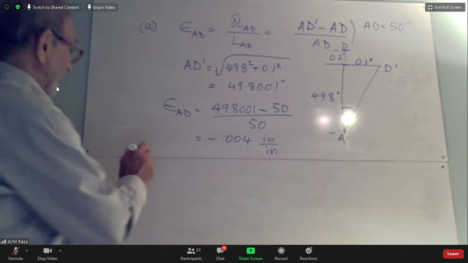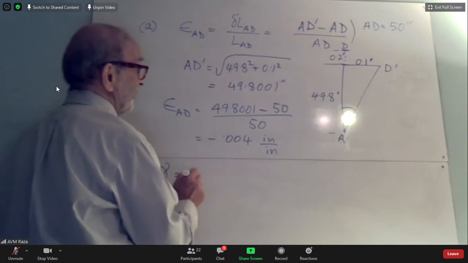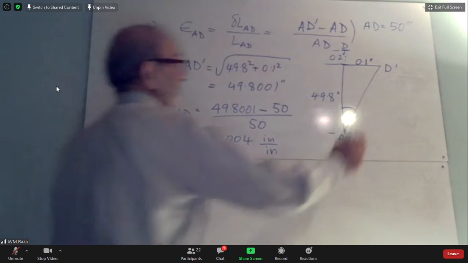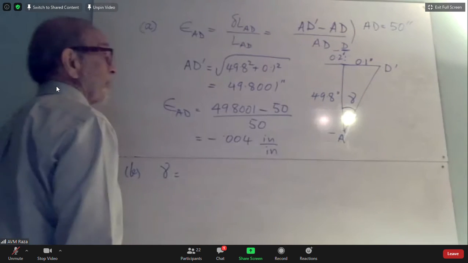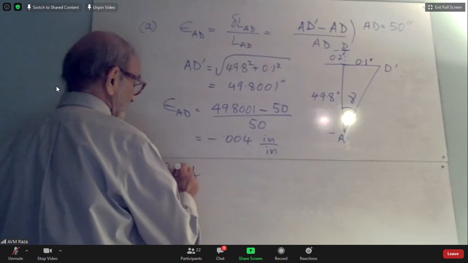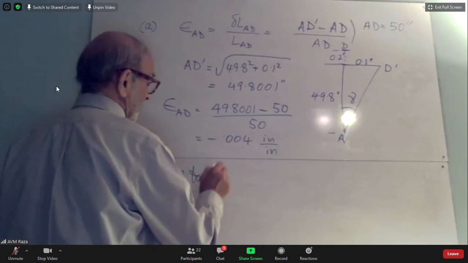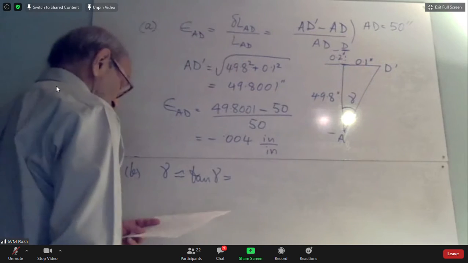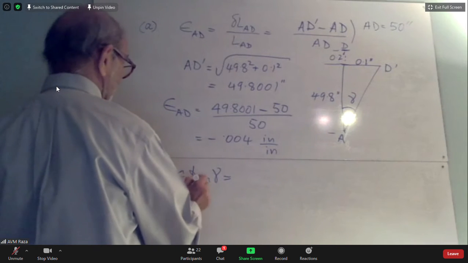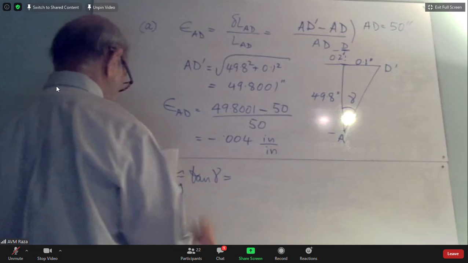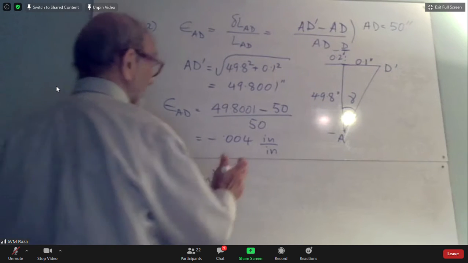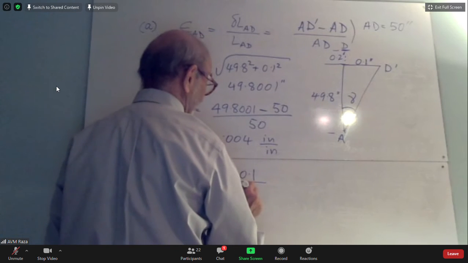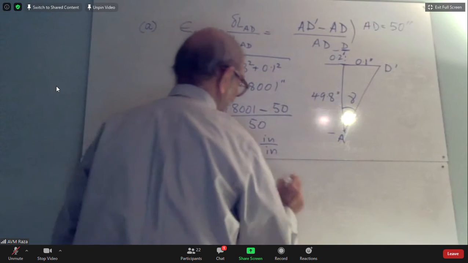Shear strain is defined as gamma, this angle basically. If I call this angle gamma, then gamma is approximately equal to the tangent of gamma. In this case, the tangent will be 0.1 divided by this side. So gamma average is equal to the tangent of this angle, which is 0.1 divided by 49.8, which turns out to how many